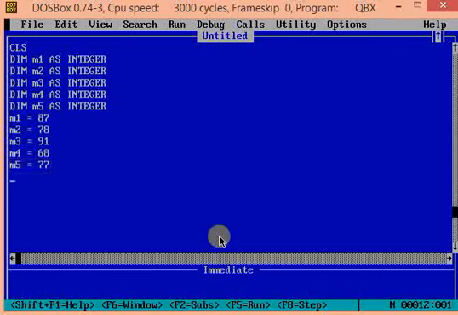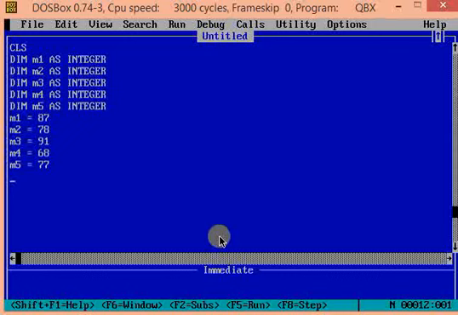What if you have 30 students in the class? You will end up creating 30 variables. Number of variables will be 100 if there are 100 students. It will soon become unmanageable to write so many variables. So are you getting the problem here? Let us go towards the solution provided in QBasic.